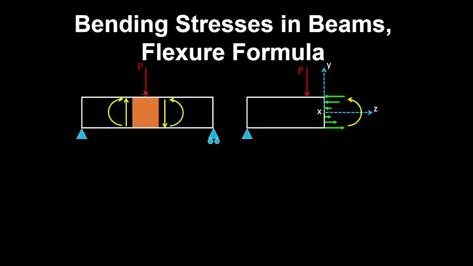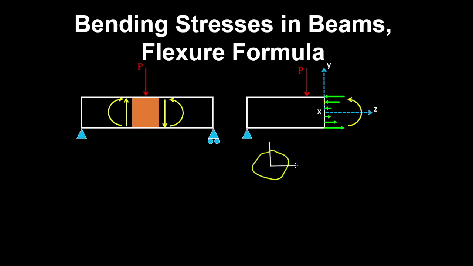Consider a beam subjected to a transverse load, and if we cut the beam somewhere along the length, we have a sagging moment causing tensile stresses in the bottom and compressive stresses in the top. And at the centroid, which may not be in the middle of the beam, depending on the section, the stress is 0. Now on a small area element of this section, which may have some arbitrary shape,